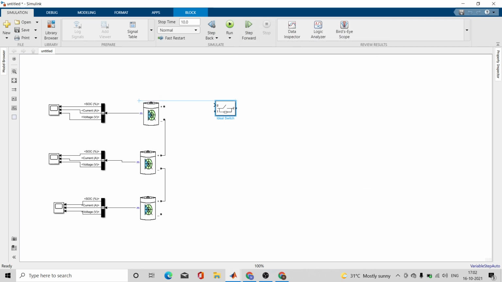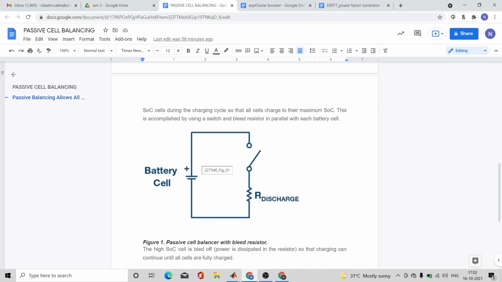So I'll connect that switch to the positive side. Okay, so I'll copy this switch for the rest of the two. And remember, we have to configure its gate signal as well. As this diagram suggests, we have connected the switch to your battery.